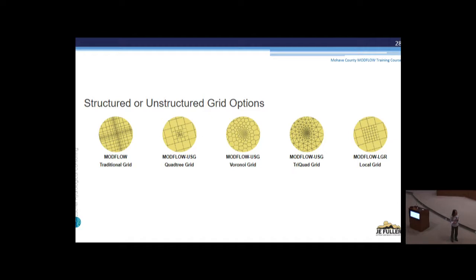But the problem with this traditional grid is that grid refinement propagates out to the very edges of the model. Until recently you couldn't do it in just the area of interest. You had to have those grid cell spacings go all the way to the edges, and sometimes at the edge of the basin things would get a little crazy